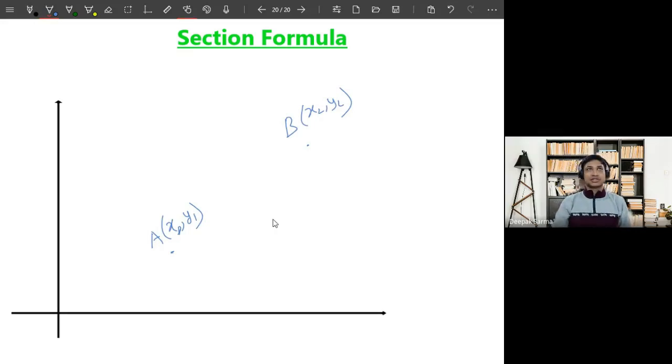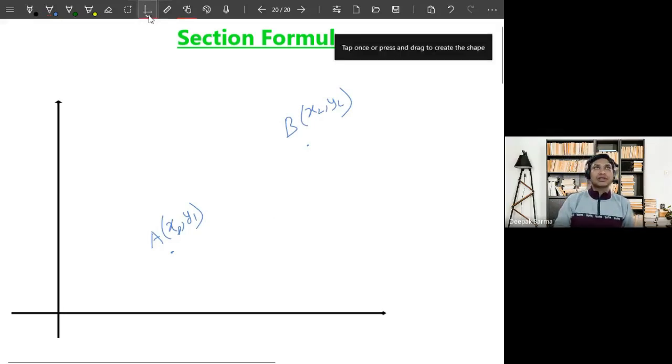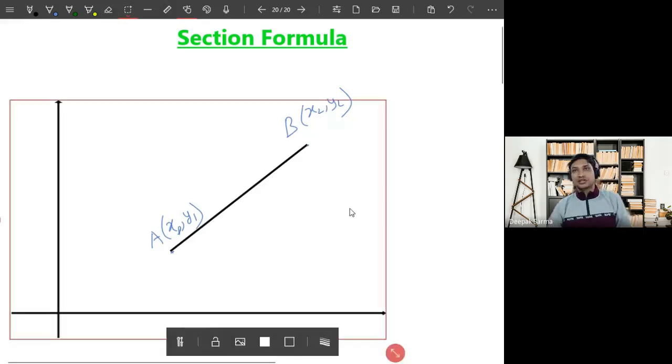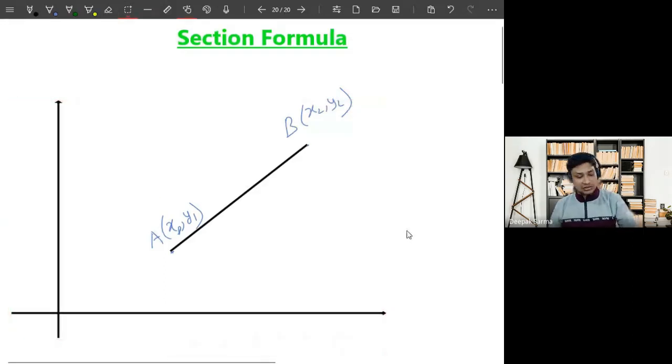Now, what is the question? Of course, you can join the line segment, and we have 2 points A and B. Suppose you are traveling from Assam to Bangalore, and in between Assam and Bangalore you have to wait. Suppose you want to wait exactly at the midpoint, exactly in the middle. Now you know the coordinates of the initial and final point. You don't know the coordinate of the middle point where you have to wait. Middle means some point which divides the line segment AB into equal parts. You know that, but what is the coordinate of that point?